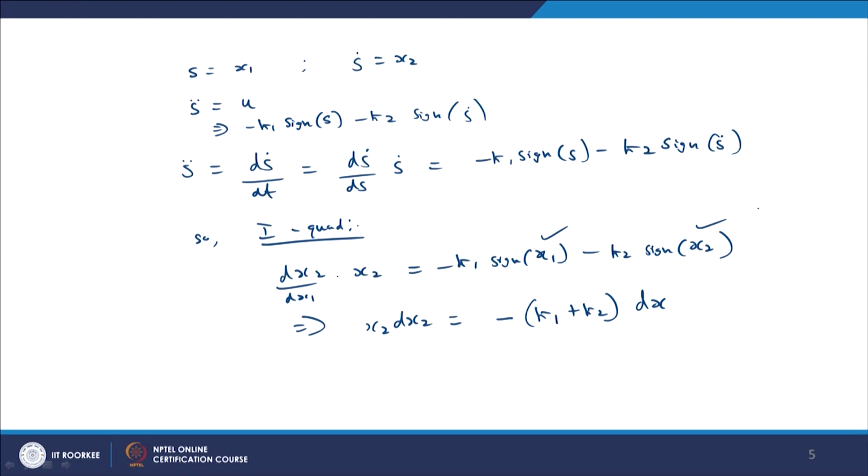Both are going to be positive and hence signum will give plus 1 values for that. So, integrating both sides we get the integral of x2 from 0 to x2 naught of x2 dx2, which is equal to the integral from 0 to x1 of minus k1 plus k2 into dx1,